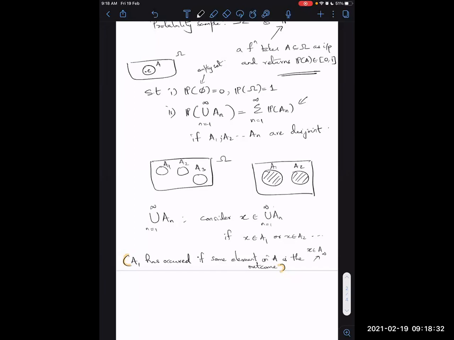Whereas if A itself is omega, then whatever outcome you may face would be inside A, because A is now omega. And in that case, the probability or chance of this outcome E happening is 1, which is the maximum value that the function P can take. So that's why these axioms are true. And these are called axioms because they have no proof for why they come into place. But everything else that follows would rely on these two axioms. Okay. Is the idea of the function P and probability space clear?